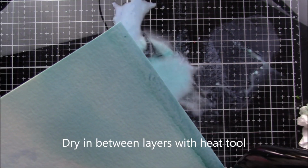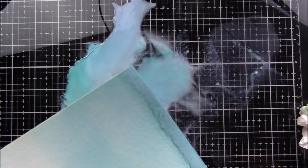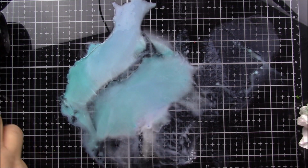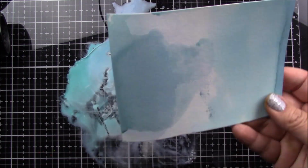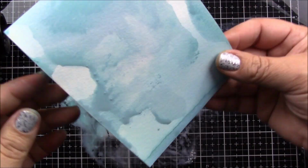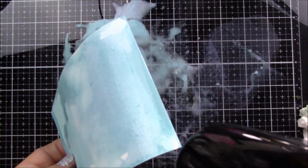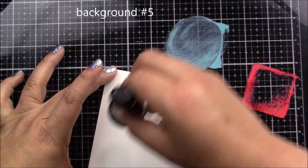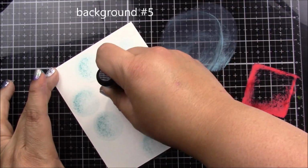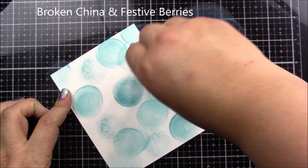And to add layers, all you need to do is use the heat tool in between, and then dip the paper back on the pool of color. So you can repeat this as many times till you get the pattern that you like, and you have plenty of ink to do many more if you wish. In this case, I wanted to do a different technique to background number 5, so I went ahead and cleaned